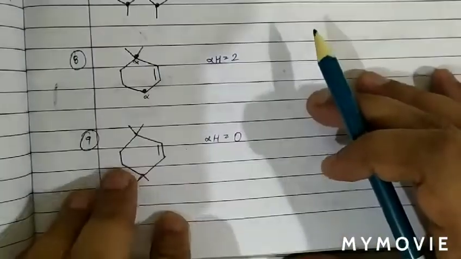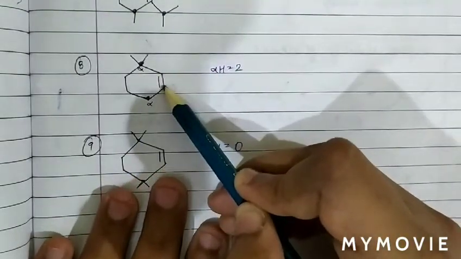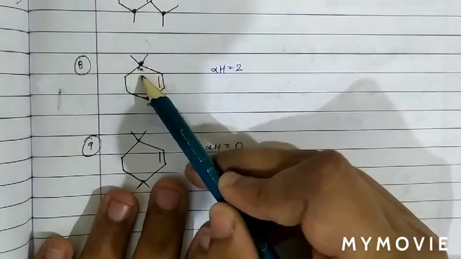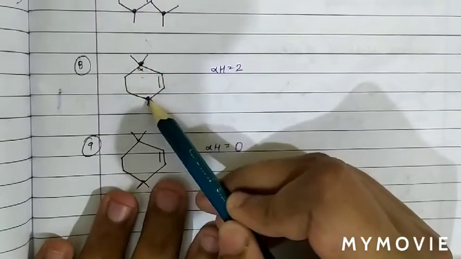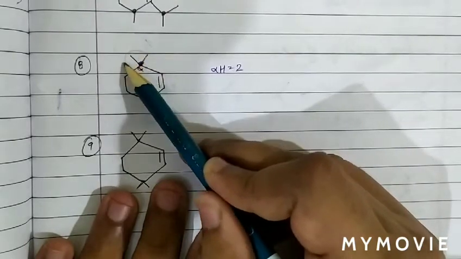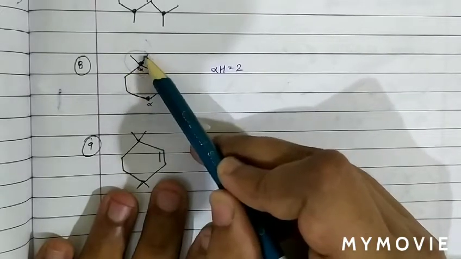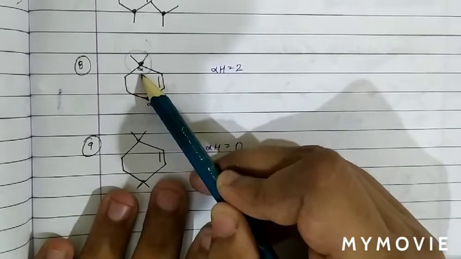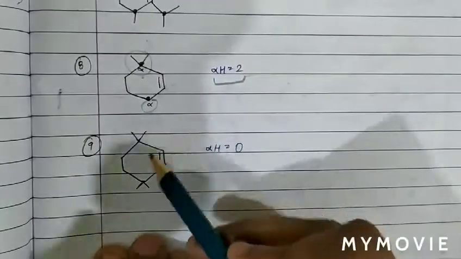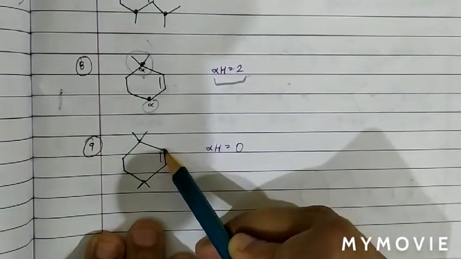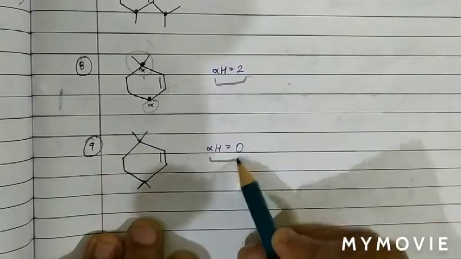Now see the next. In this we can see sp2 carbon, sp2 carbon. With respect to this, this is an alpha carbon and this is also an alpha carbon. This is sp3, it is also sp3, but there is no alpha hydrogen because it is bonded to carbons and this is also a CH3 group. So alpha hydrogen is 0 here, but here alpha hydrogens are 2. So the total number of alpha hydrogens is 2. Now see the next. This is sp2, this is an sp2 carbon, but alpha hydrogen is 0 and here also 0. So the total number of alpha hydrogens is 0.